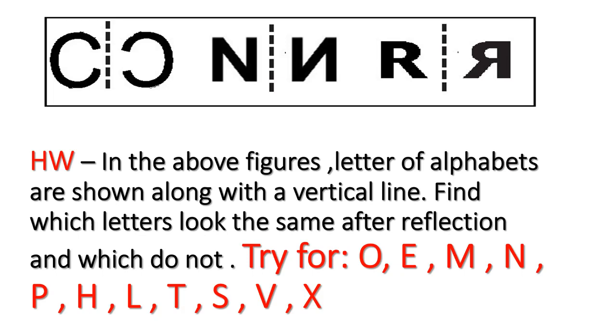And you have to make it also, as I have shown you in the above examples. You have to make the images of these letters in your notebook. You will write down mirror images of these letters. Write down O, make one dotted line, that is the mirror, and then find out the mirror image of O. Then write down E, and then show how you will find out the mirror image of E.